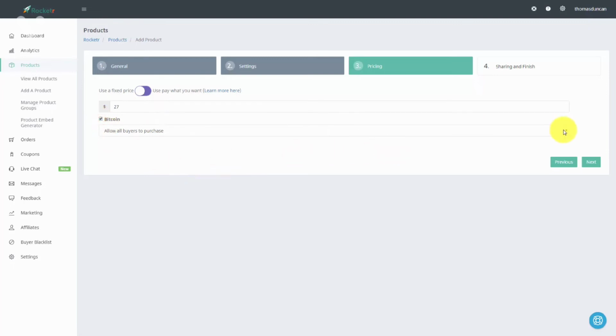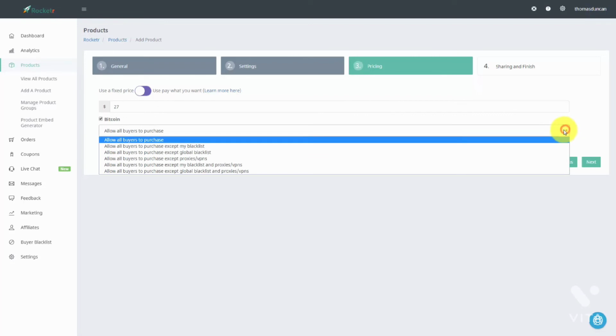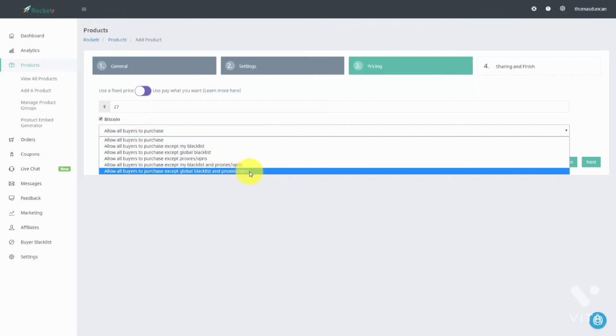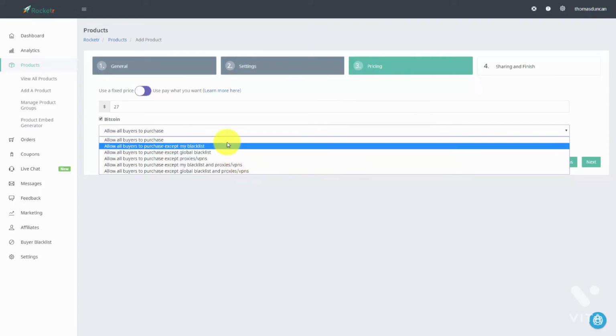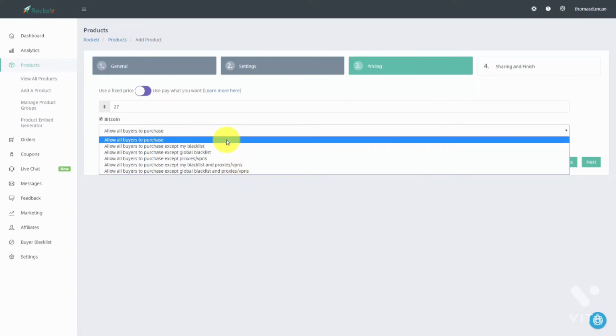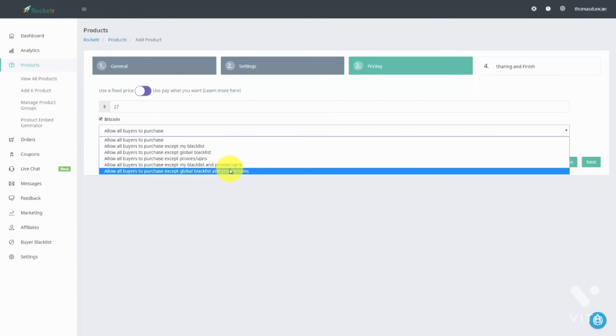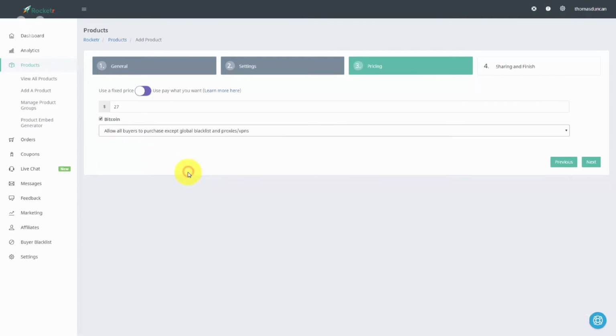And then we can use a couple of features here, and Rocketer will allow everyone to be able to purchase with the exception of certain limitations. So we can limit people by our global blacklist, and anyone buying from a proxy, which typically indicates some kind of lack of trust, or we can allow all buyers to purchase. The most conservative way to allow people to purchase would be to not accept purchases from people on a global blacklist and proxies. So in this particular case, we're going to use the most conservative method,